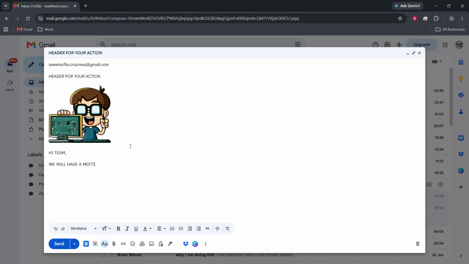Finally, click Send. Once you are satisfied with your email and header, sending it will deliver your message to the intended recipient. You might see a confirmation message indicating that your email has been sent successfully. This step is the culmination of your efforts to create a polished email. You can now rest assured that your email looks professional and effectively represents you or your business.